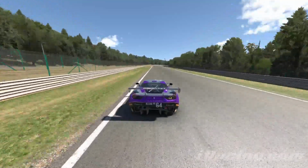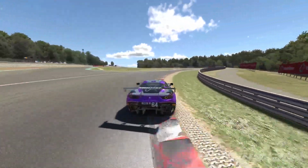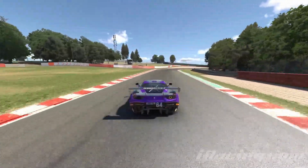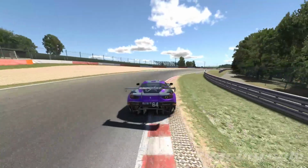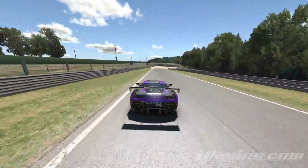Down here, looking for this braking point, red and white curb, down into second, cut the corner a little bit, as I said before, come off the throttle, allow it to stay in the middle of the track, come over to the left, open up this corner, into third, use all the track, get off the curb because there's lots of gravel there when you come off,